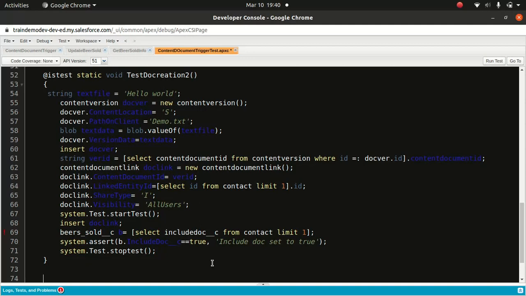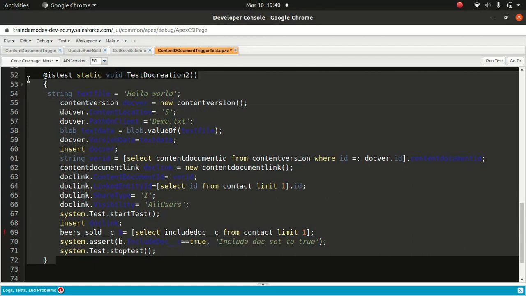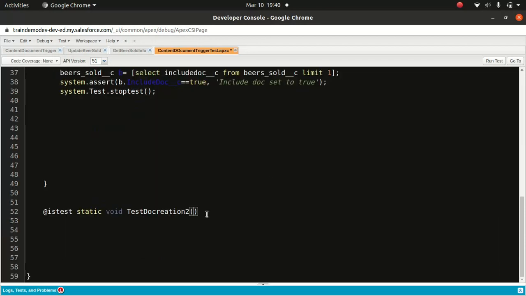So how do we solve it? To solve this, we can create a test data factory. So what we're going to do, let me get rid of this here. This is because it's very important you write a better test class, because it's as important as writing a normal Apex class. Because when someone looks at the code,